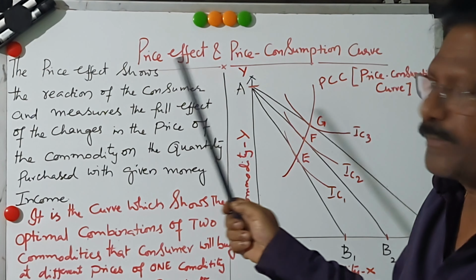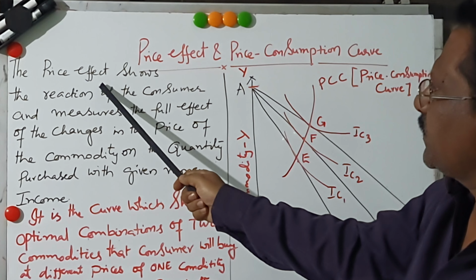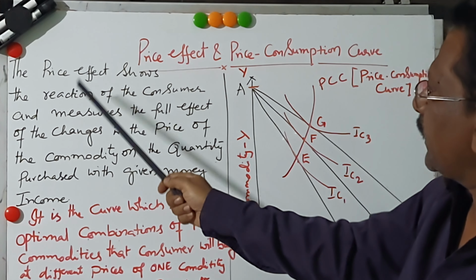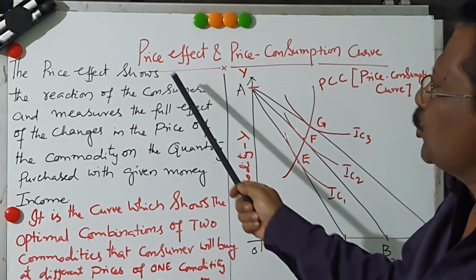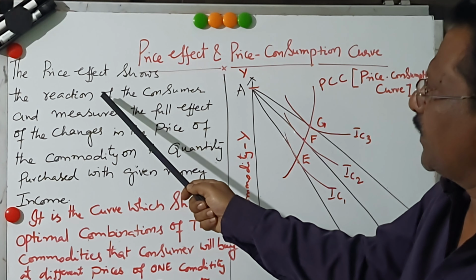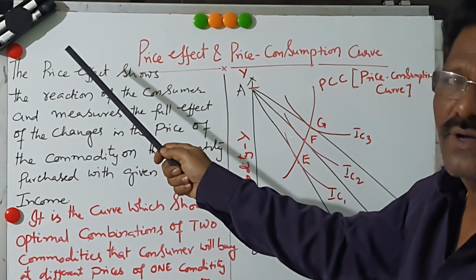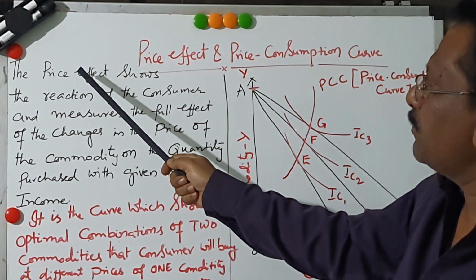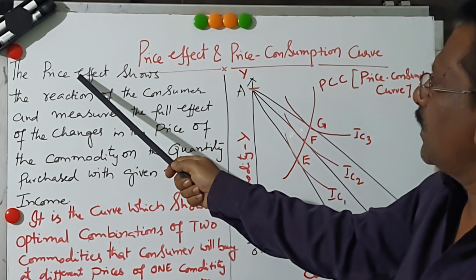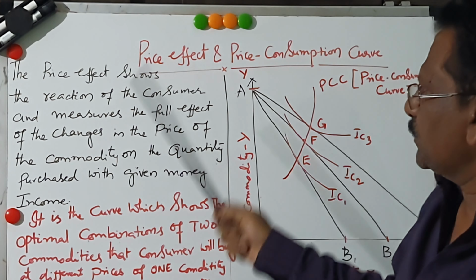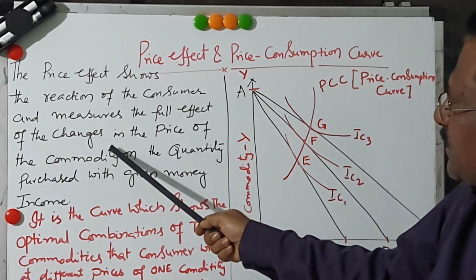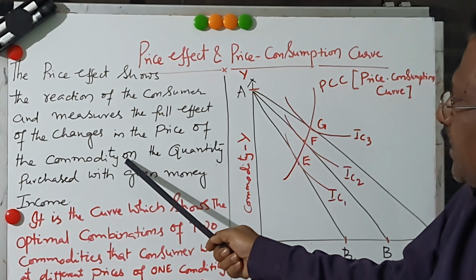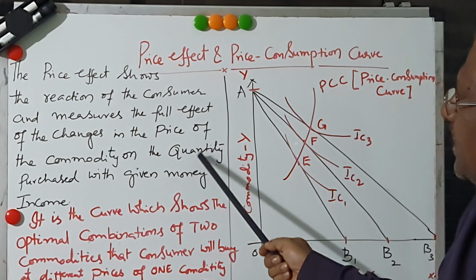Price effect. The price effect shows the reaction of the consumer, how the consumer reacts when there is a change in the price of the commodity. That can be explained by the PCC curve. It measures the full effect of changes in the price of a commodity on the quantity purchased